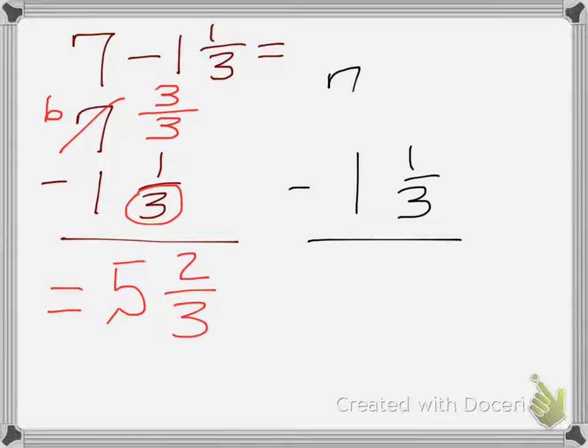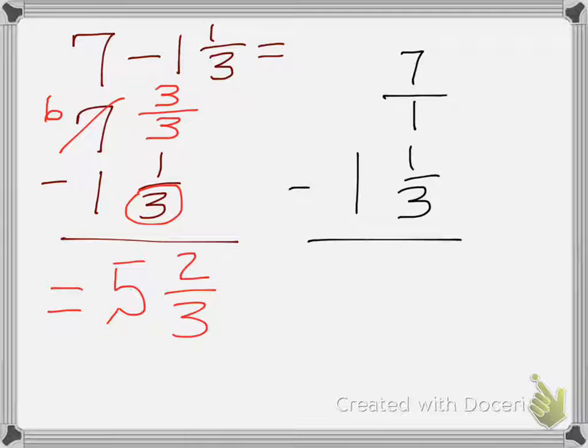Let me erase this a little bit. Well, let's write 7 as 7 over 1 because that's what a whole number is in fractions, 7 over 1. Actually, let me move that over and put that here as 7 over 1. Okay,